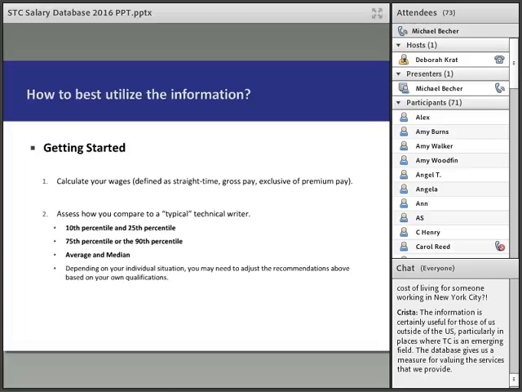Now, obviously, every situation is going to be a little bit different. You could have tons of advanced degrees and only be 2 years into the profession. Or maybe you have all this past history in a different profession that is applicable, but you've just moved into technical writing. That might push you a little bit different than the norms. So just depending on your situation, you may need to adjust where you need to look in terms of compensation as you go through the data.